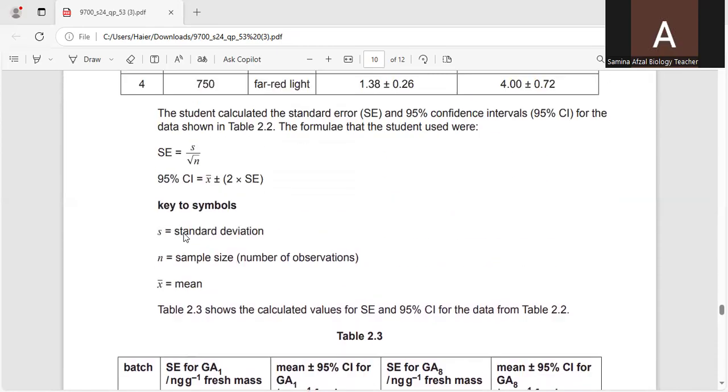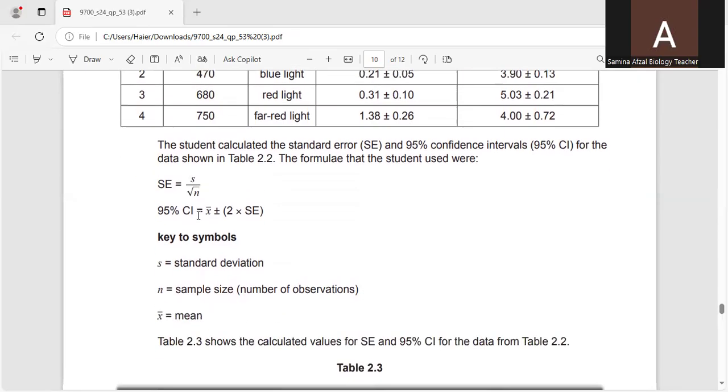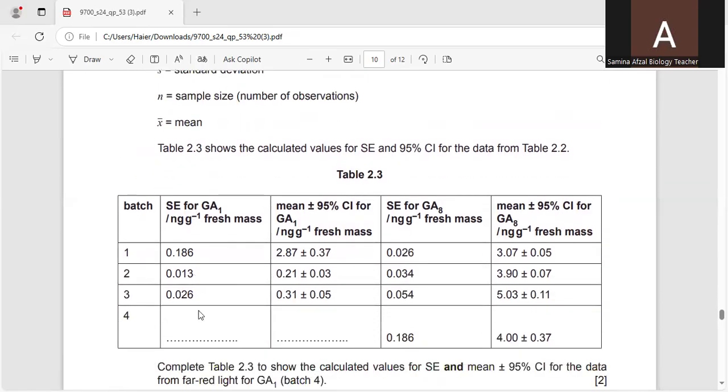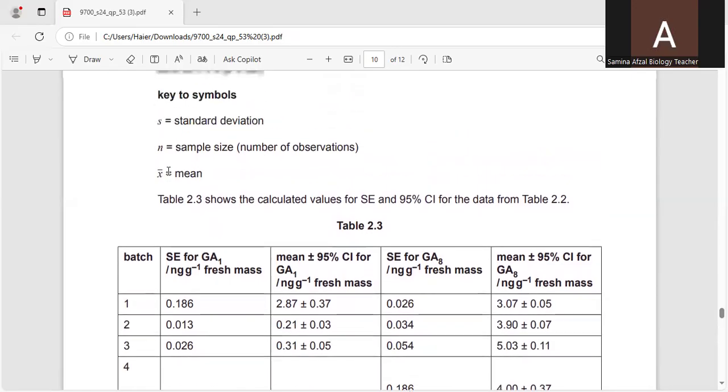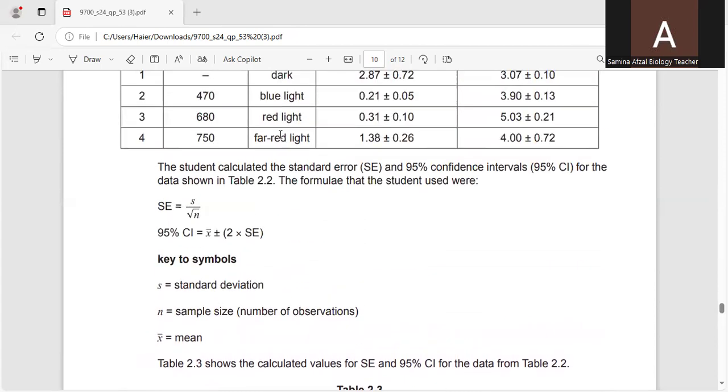So here you can see that the standard deviation is 0.26 in column 4. So we have to find out by keeping this standard deviation value 0.26, which is this one. We will make use of this value 0.26, and then